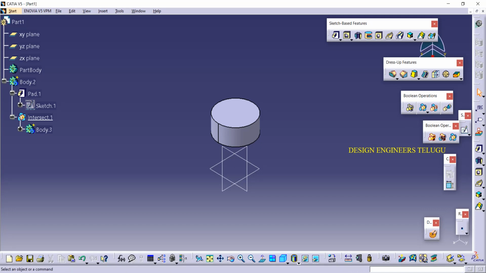And also I would like to thank Komali and Chetan. Thanks to both of you, you guys added value for this video. Without your cooperation I couldn't do this video. Actually from the beginning I'm into sheet metal only. Till now I didn't use these boolean operations in my work. So I used to have so many doubts in fact. So you guys have clarified all those. So thanks to both of you, and thanks to all watching this video.